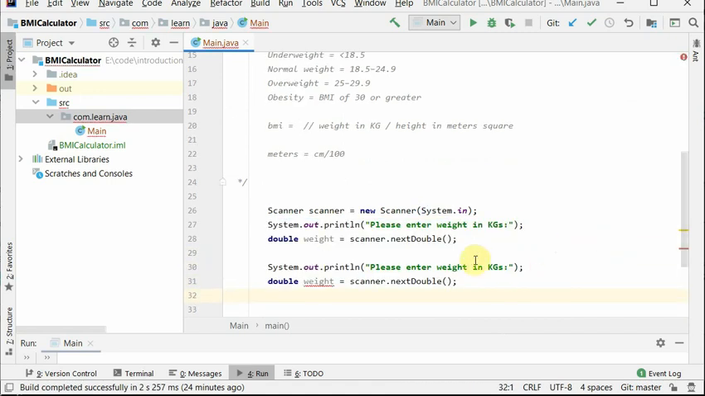And we need to take the height in centimeters. Okay, and let's have height. Okay, so if we run this program,